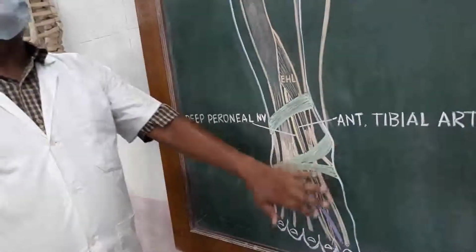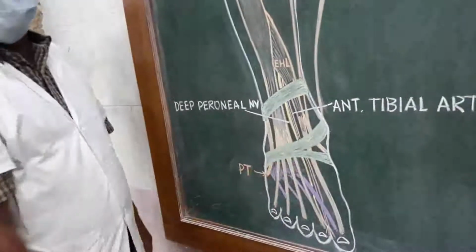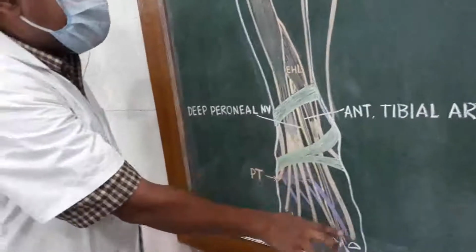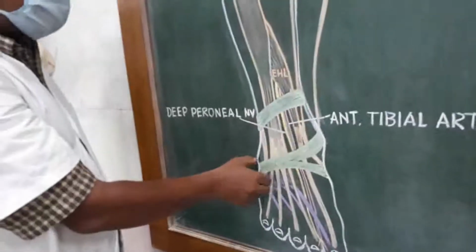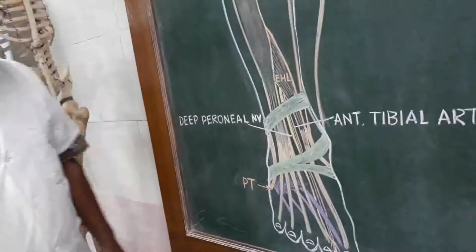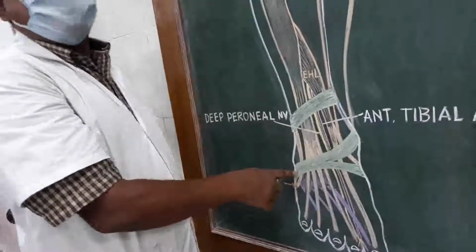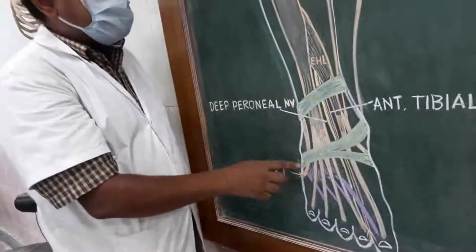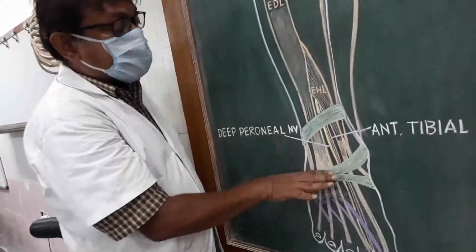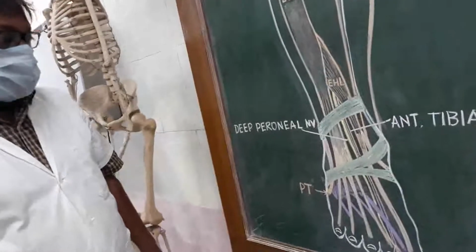Deep to it lies the superficial fascia, and this superficial fascia contains the dorsal venous arch, cutaneous nerves and superficial lymphatics. The deep fascia is thin overall but close to the ankle joint it thickens to form the inferior extensor retinaculum. This retinaculum is Y-shaped. The stem is attached to the anterior part of the upper surface of the calcaneus. The upper band is attached to the medial malleolus. The lower band arches over the tendons and merges with the plantar aponeurosis.